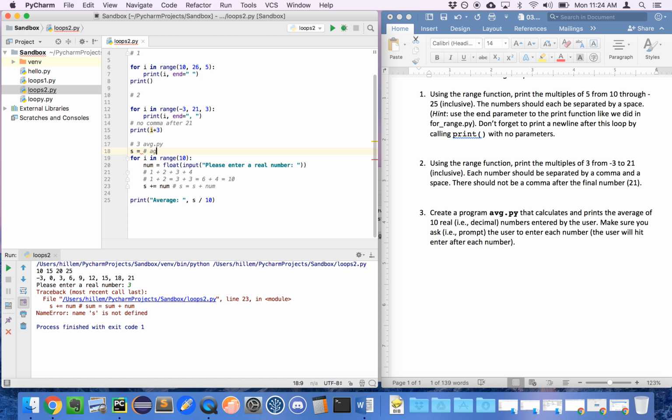This is known as an aggregator variable. This variable must be initialized. So aggregator variables must be initialized before the loop. And so S is going to be used to aggregate the sum of the numbers within the loop. Okay, so if we're creating a sum, what number should we initialize S to be? If S is going to be a sum, should I initialize it to be 1? Well, no, because then I'm going to add 1 to all the numbers the user enters,